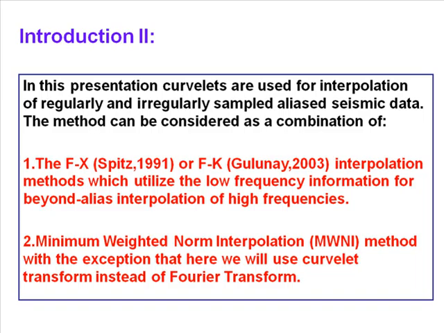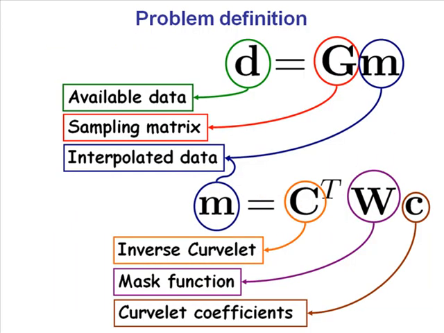So I combined this idea with minimum weighted norm interpolation. It's like Fourier interpolation, just that instead of Fourier, I replaced it with curvelet coefficients, and I tried to come up with a solution for that. So this is the slide. You have this data that you want to interpolate. This is your desired data, M, and these are the data that you have, related by something G, the sampling matrix. This is like ones and zeros that eliminates some of the samples in M and gives you the data that you have. Simple equation. But you can have your interpolated data related to the curvelet coefficients of the data,